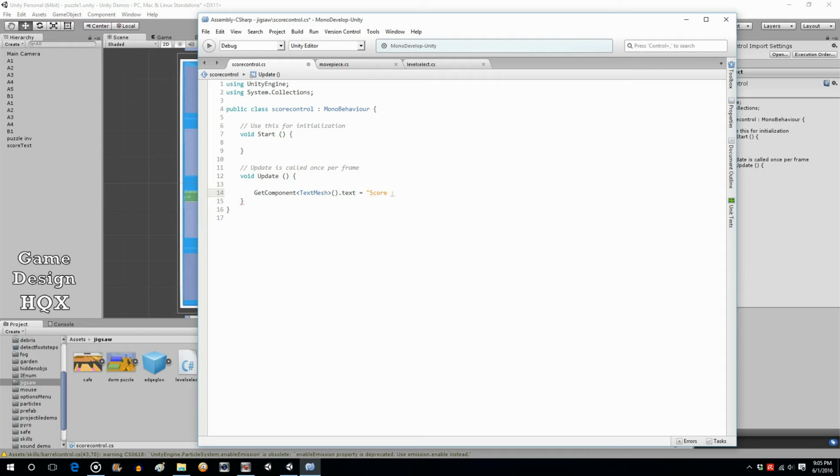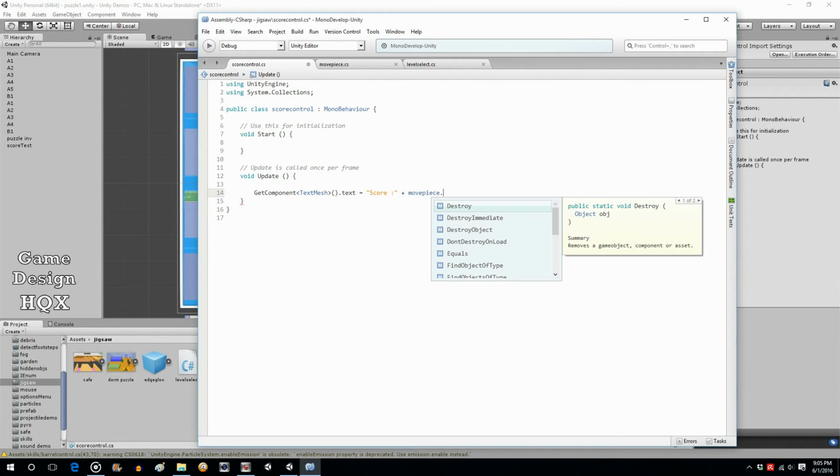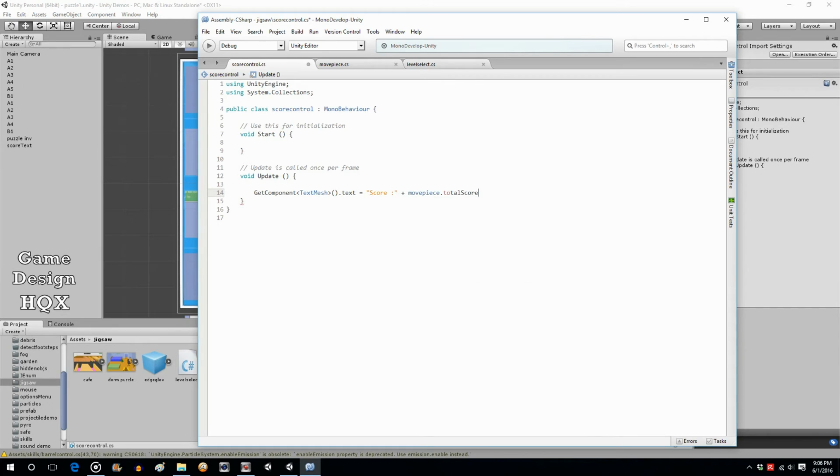This is why I was saying that I really didn't need to manually enter it, because you can change it here anyways. Plus, and we said it's going to be a combination of, since it's a static variable, we need to call the script that the static variable is defined in, so it's in move piece dot total score,